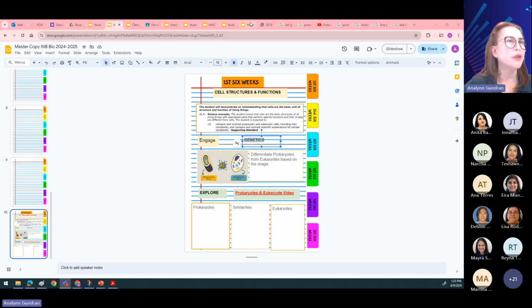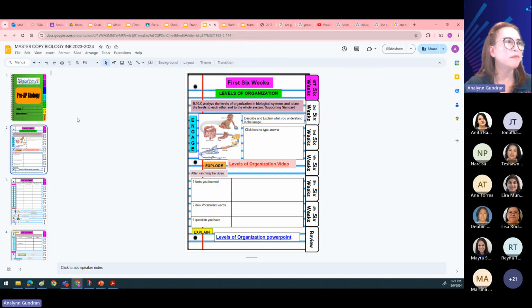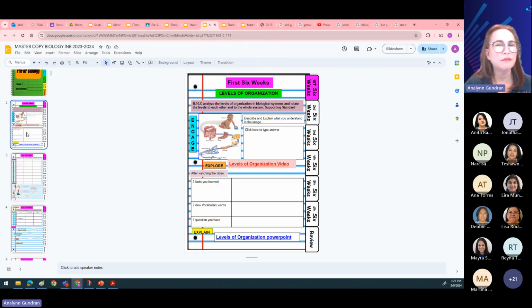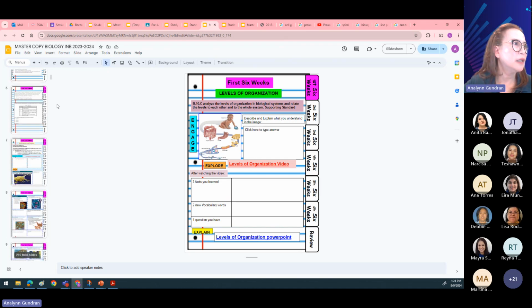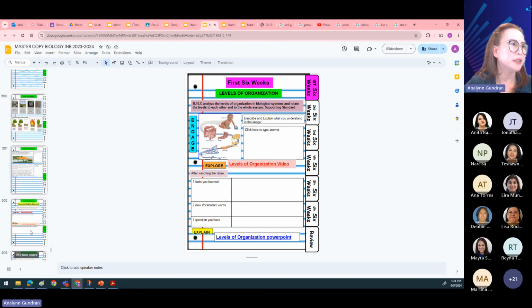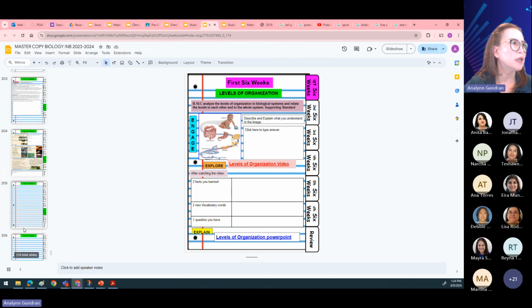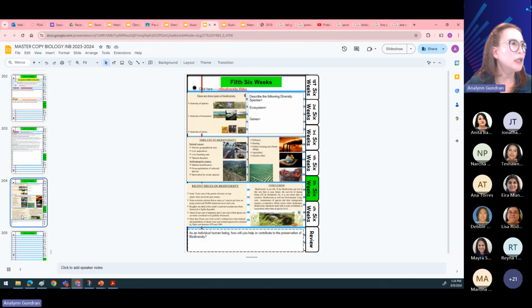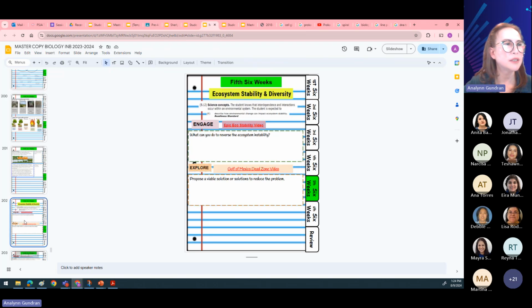Okay, so I have here the master copy notebook that I've been using. This is the one that I actually created. I based it on the curriculum, and it is made of 204 slides. Each of these slides has all the information that I created, even with